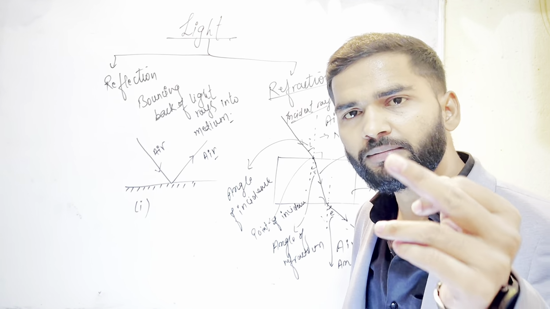So remember two things. First one is what? The definition of refraction of light. And the second thing you have to remember is this figure, this diagram, which is very important to all of you. And the third thing is what I have discussed about the laws of refraction. So what are the laws of refraction? There are mainly two laws of refraction. The first law of refraction is also called Snell's law, and that is given here. The second law is the same as the reflection law. Up to here, I think it is clear to all of you.